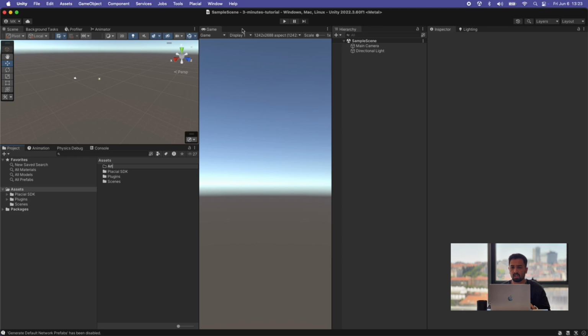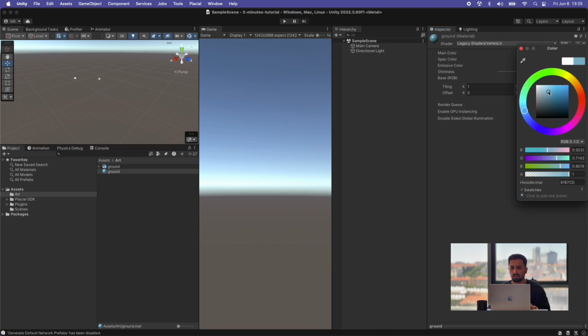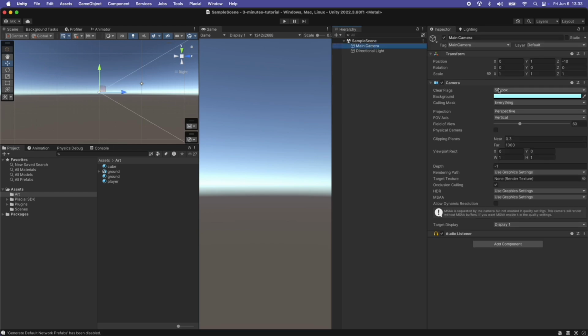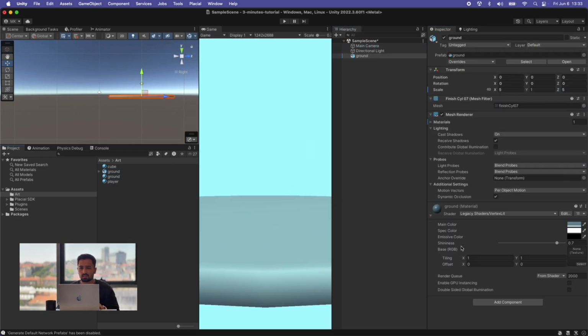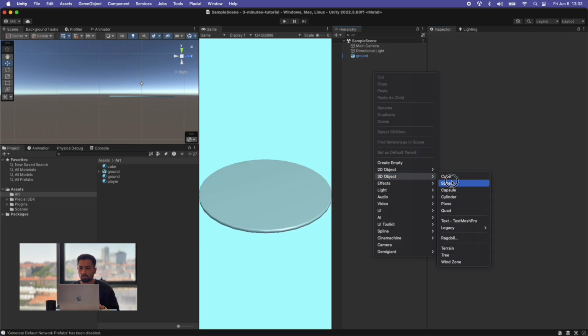I create a folder named Art. I add the ground model we will use, creating a material for the ground, choosing a shader and setting a color, duplicating the material for the player and cubes, setting the main camera background to a solid color, placing the ground into the scene, resizing it, assigning the material, adjusting camera angle and position, creating a sphere for the player,